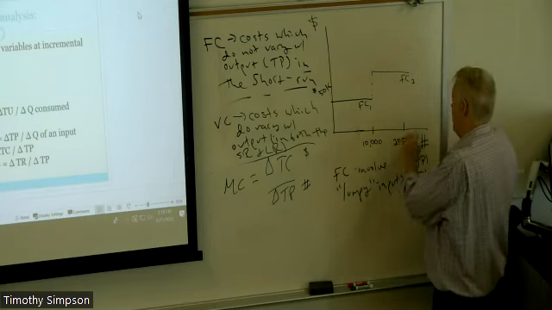And also things like insurance, right? Insurance costs don't go away. So even if you shut down or you're producing 10,000 or 2,000, right? It doesn't make any difference. Insurance costs are usually not variable. They're usually more or less fixed. There's just really no good way to price insurance.